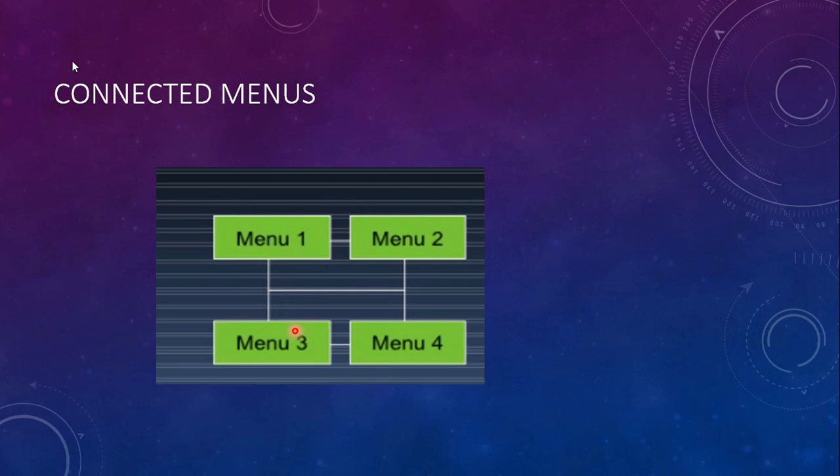The disadvantage is complexity. As your number of menus grows, suppose here you have only 4, but if it is more than 4, like 5 or 6, then it may be difficult for inexperienced users to remember all the menus, and it may confuse them. So that is one of the disadvantages in case of connected menus.